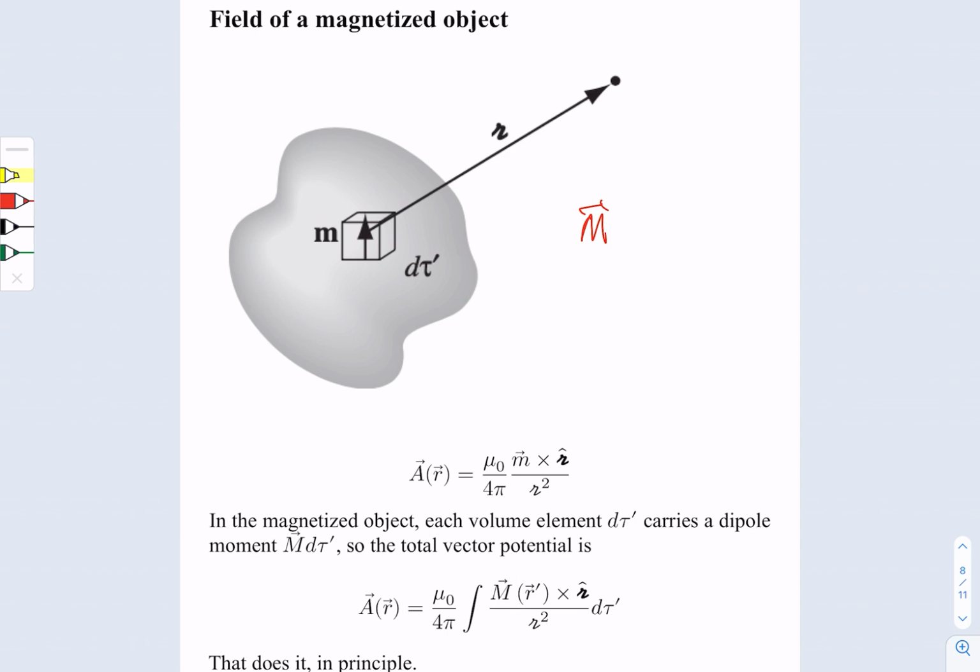This means that for each small volume, the tau prime, that's the source, we have a finite magnetic dipole moment M. Now, in principle, if we want to calculate the vector potential, we can simply use